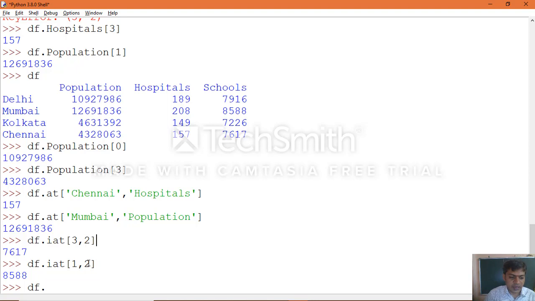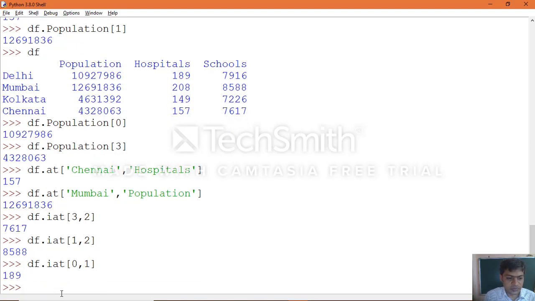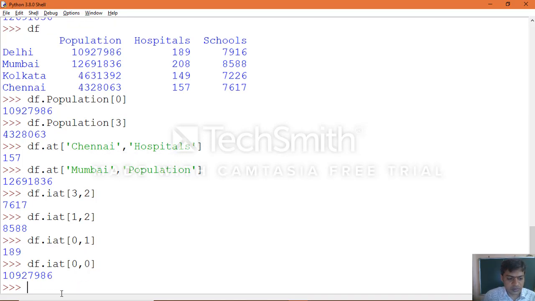Now in the same manner, you can apply it in different ways. We just apply now, what happens? 0 comma 1, let's see the output. So 0 row comma 1. This is only to help you understand that I am applying multiple ways. You apply 0 comma 0, now see the output.